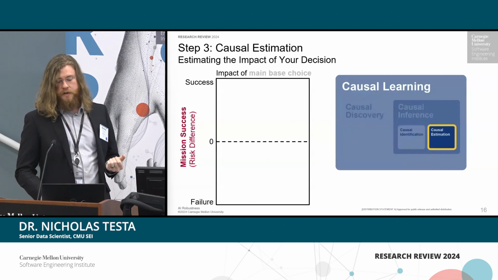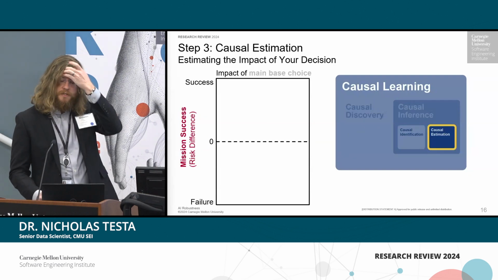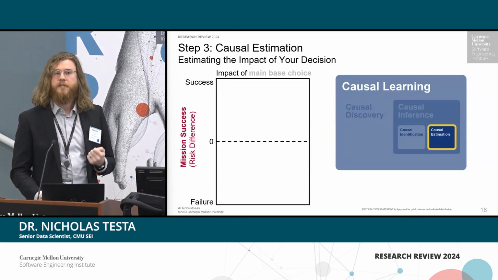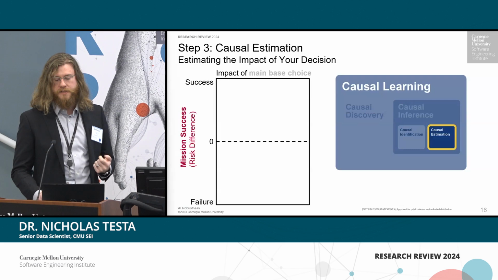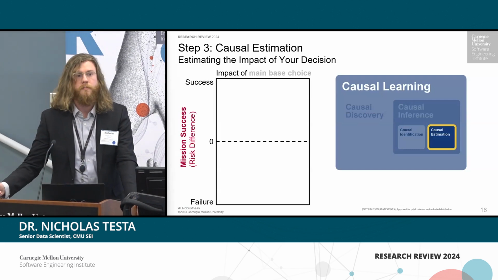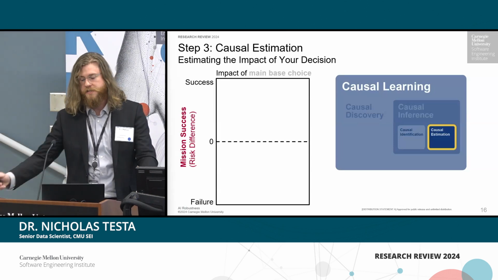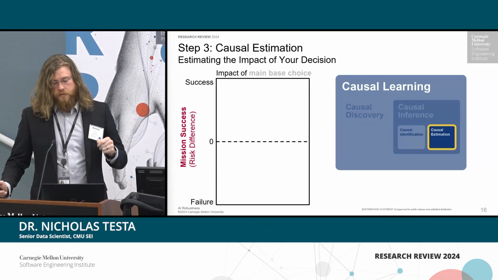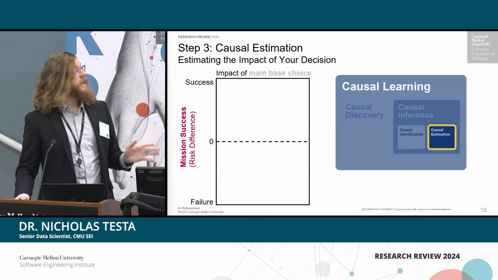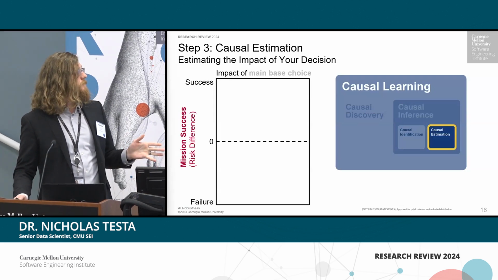So now we're finally here, and remember, the goal is to use cause-effect relationships to answer the question, what if? So what if we had the same data but changed the scenario, main base? So instead of taking off from the main base, we're taking off maybe from the auxiliary base for all the individuals. What effect does that have on our outcome, mission success?